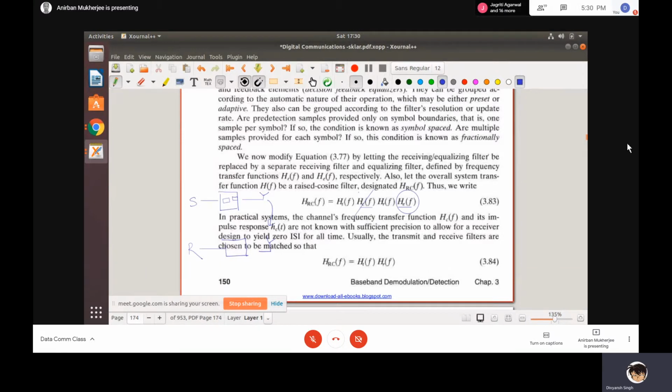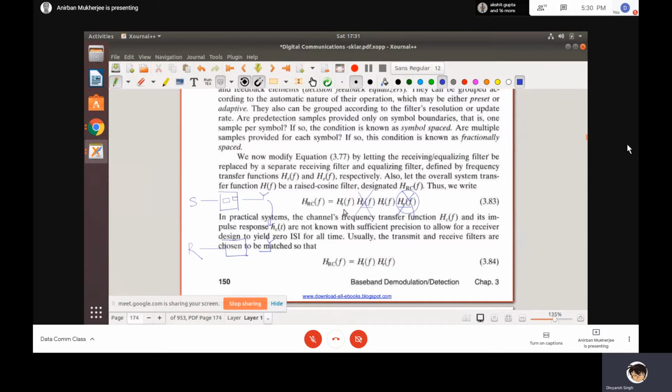Then these two are gone, and now I have only HT and HR. If the product of these two is a raised cosine, that is the cos square one, then at the output you will have a damped sinc filter or a normal sinc filter, depending on the value of R, the roll-off factor, but you don't have any ISI. So that's why I will design my equalizer such that these